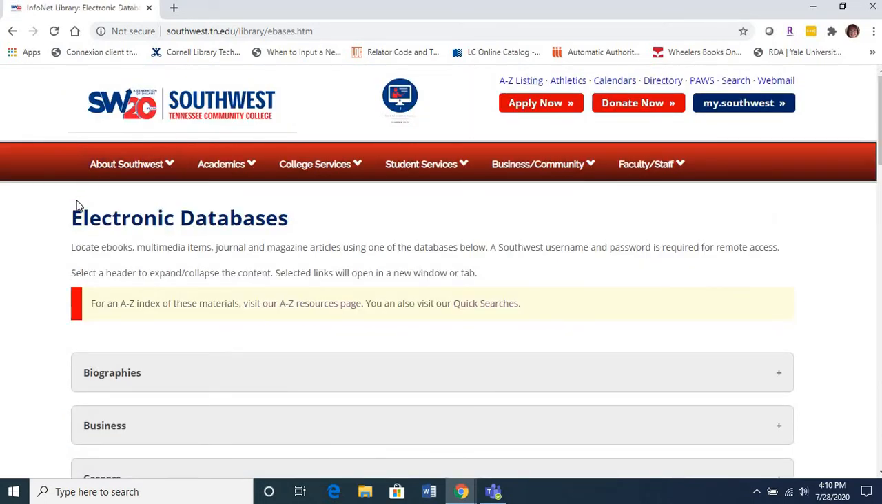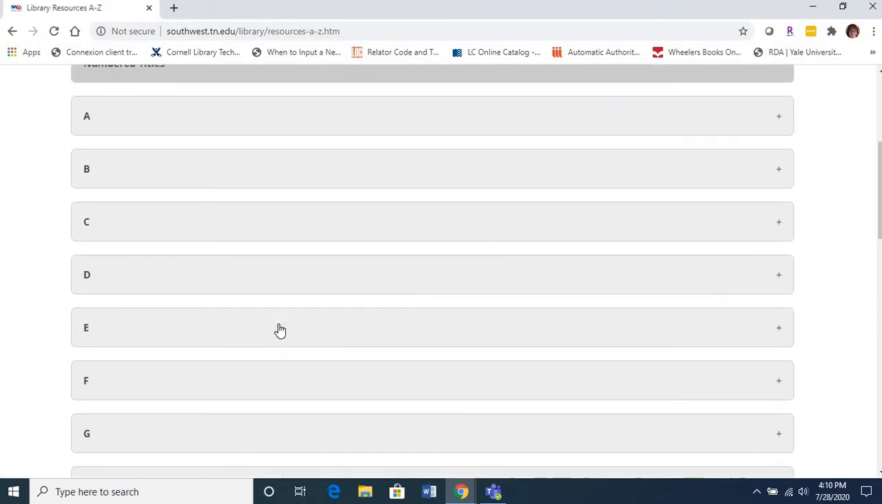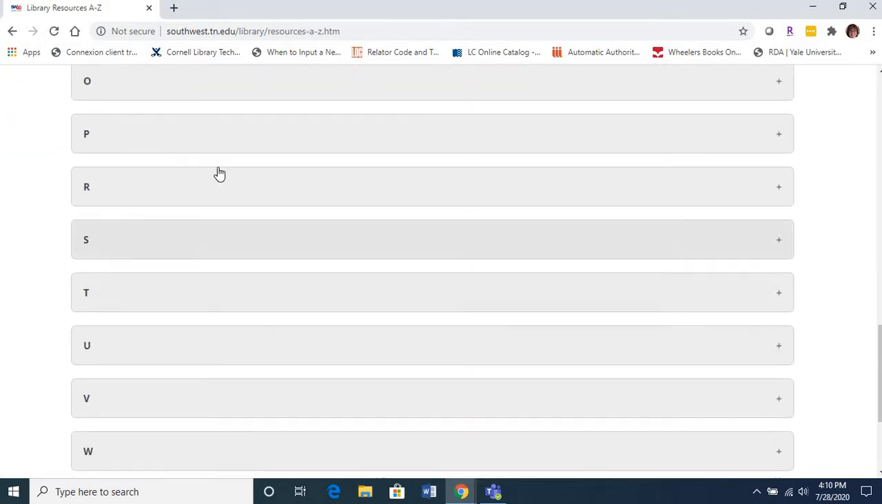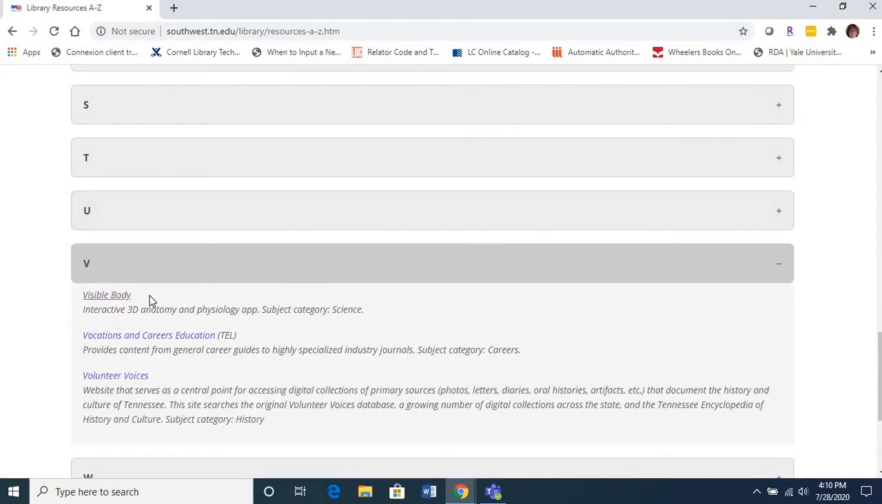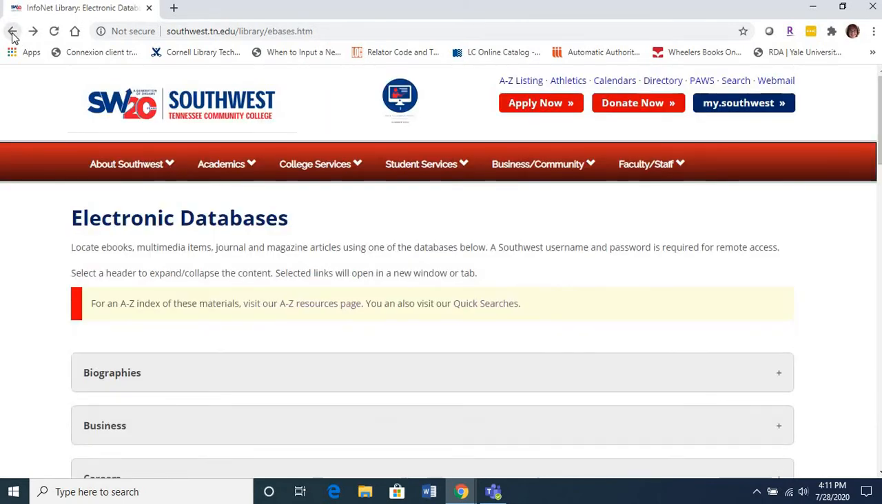Now, there are two ways you can get to Visible Body from here. You can either click on the A to Z resources page, scroll until you find the V section right here, and here it is right at the top. Also notice how at the end of the description it tells us that Visible Body is located in the Science subject category. That's going to be helpful for us to know as we hit the back button to return to